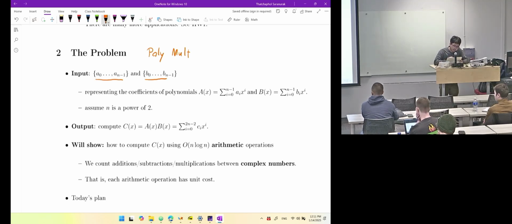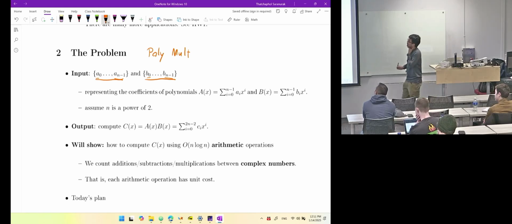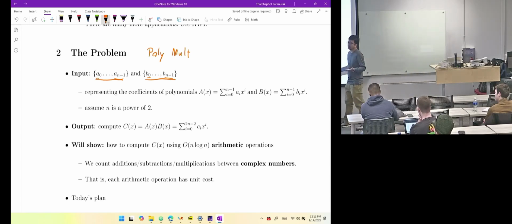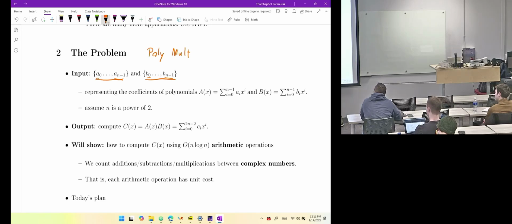Basically, it is two sets of numbers, a0 up to an-1, b0 up to bn-1. These are just the coefficients of two polynomials, right? The ai's are the coefficients of a. The bi's are the coefficients of b. Right? And I'm going to just assume that n is a power of 2,